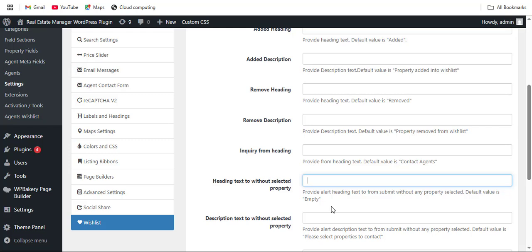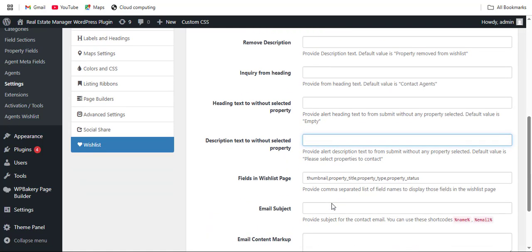Default value is empty. Alert description: provide the alert description text when no property is selected. Default value is please select properties to contact. Fields and wishlist page: customize the table columns by specifying field names, such as thumbnail, property title, property type, property